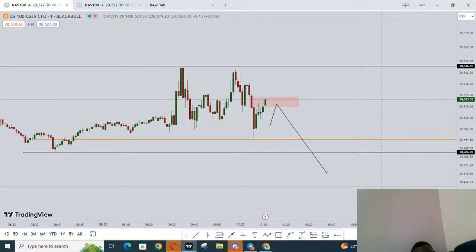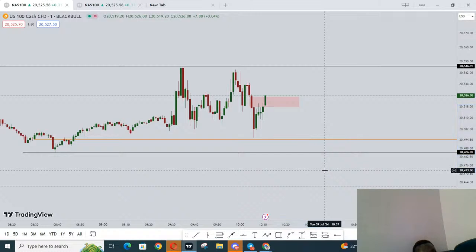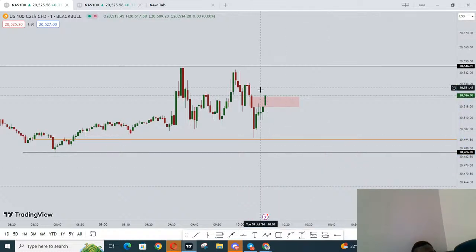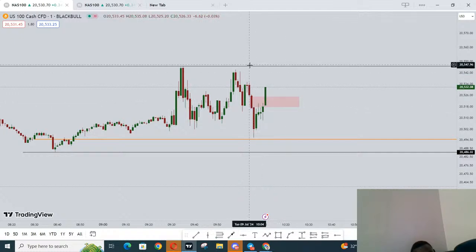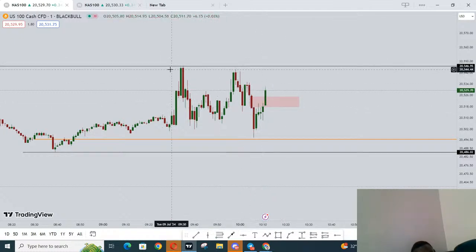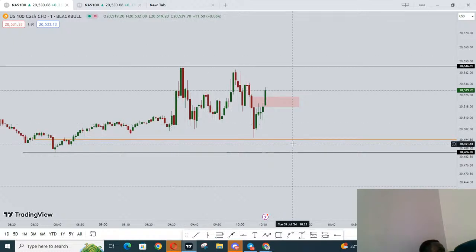So let me remove this. Perhaps someone will just join this session expecting this to be a signal. This is not a signal. This is my projection and what I believe, that this setup is not going to hold price, and as long as they do not come and take these highs, I will not be engaging. Okay.